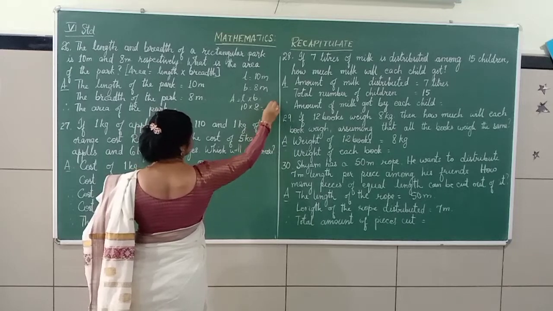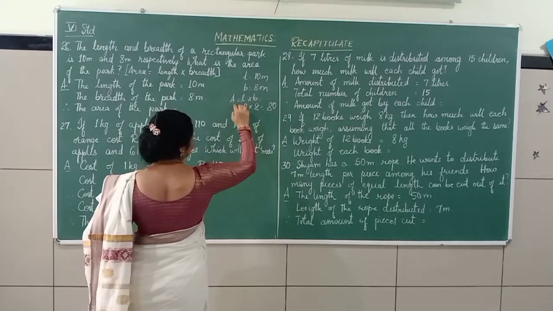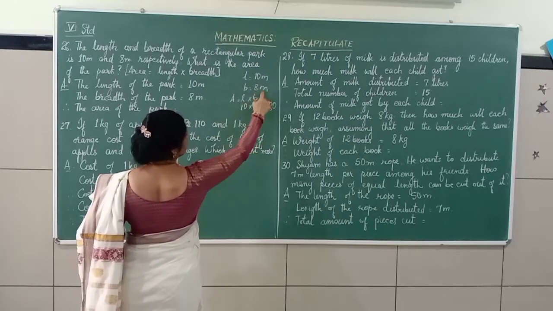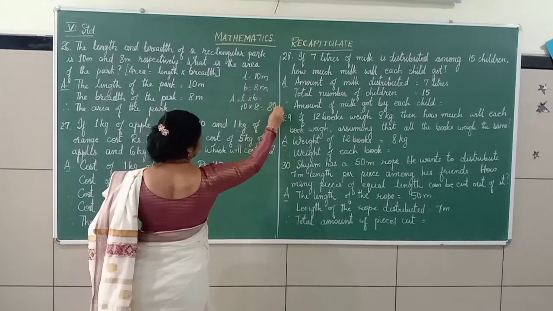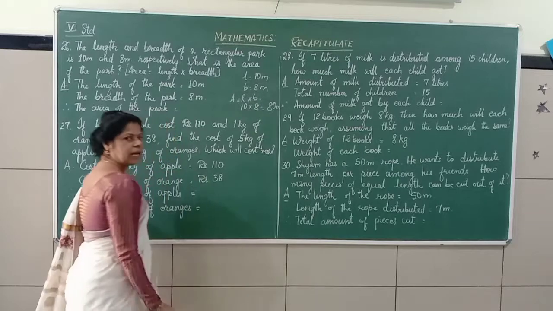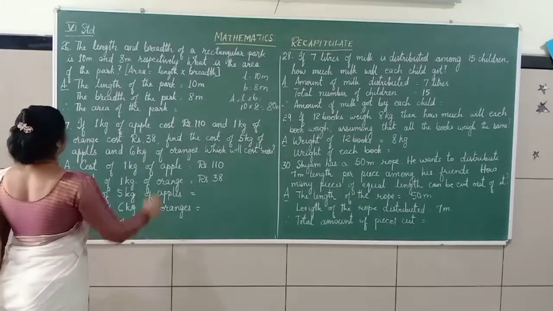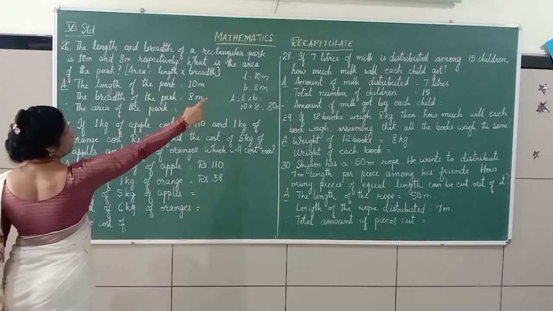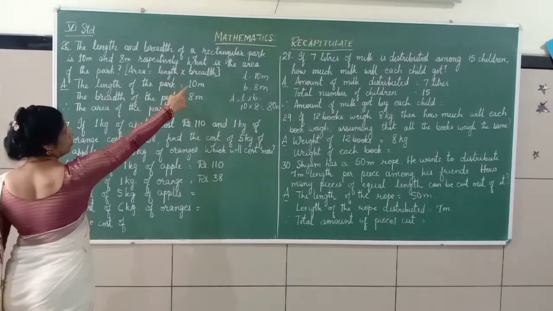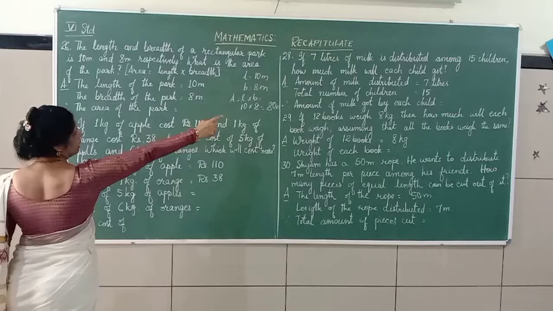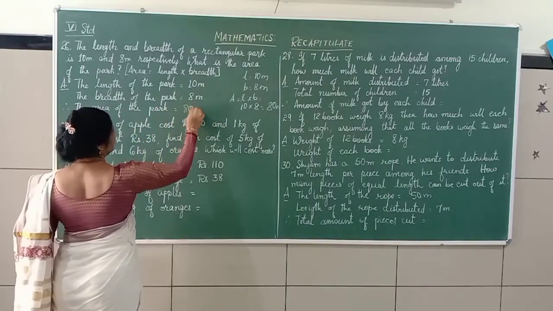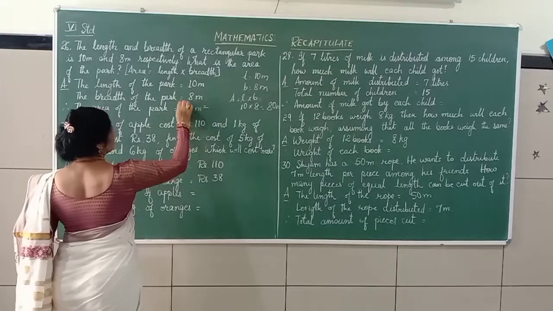10 8s are 80. Because it is an area, and the unit is meter, area as well as a meter, so it will be 80 meter square. So the length of the park is 10 meter, the breadth of the park is 8 meter, and area is nothing but length into breadth. So 10 into 8, you get 80. But as it is the area, you should write 80 meter square. This is your answer.